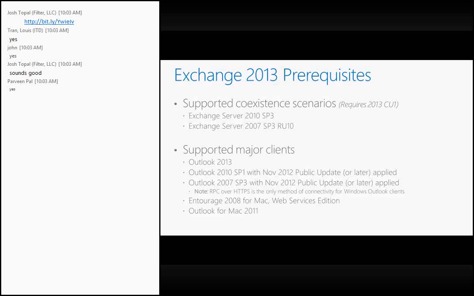You'll notice that Outlook 2003 is not listed. We will no longer be supporting Outlook 2003 with Exchange Server 2013. One of the major stumbling blocks for that is that Outlook 2003 does not support AutoDiscover, and AutoDiscover is a huge part of making sure that Outlook clients work in Exchange Server 2013. We do continue support for Entourage 2008 for Mac, as long as it's the Web Services Edition,